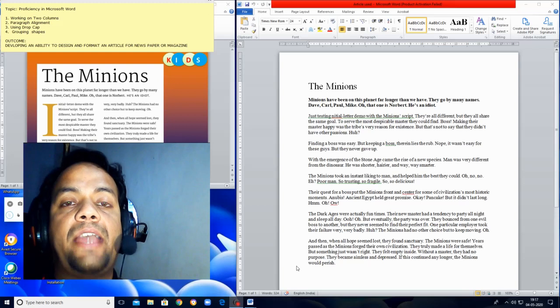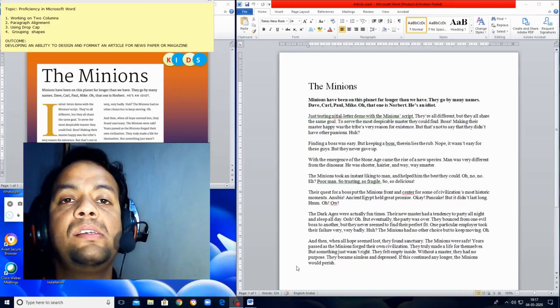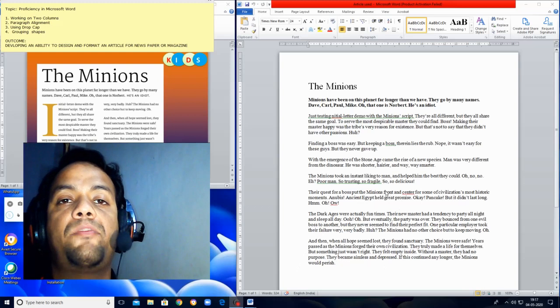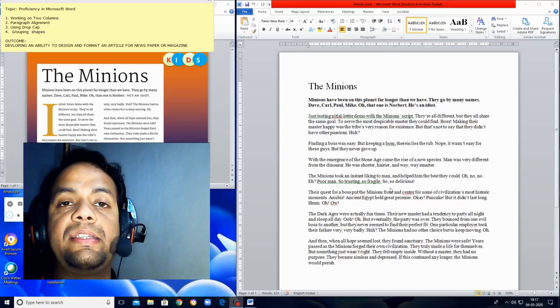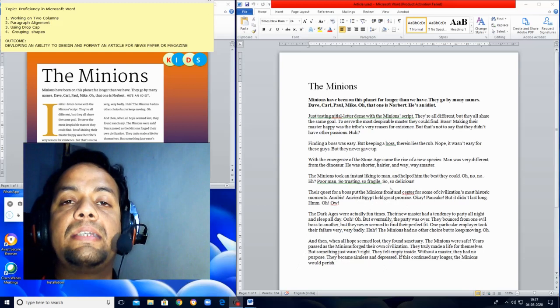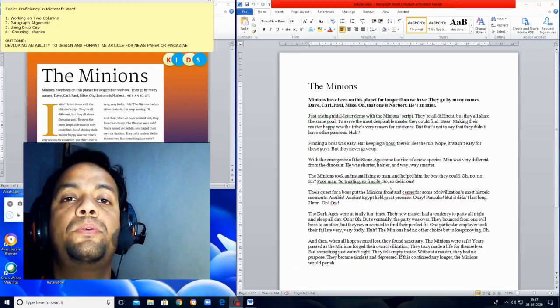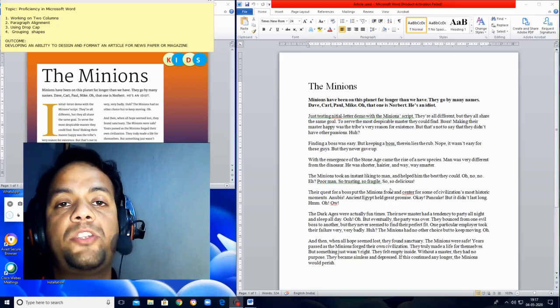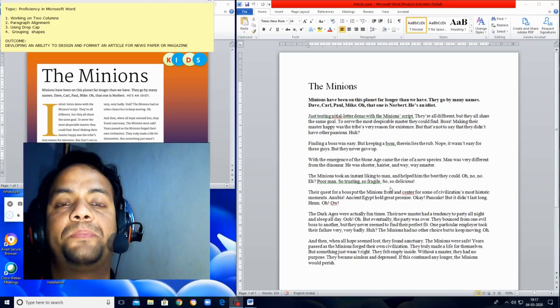For this activity, I am using a Word file which is located on the right side of my screen, and this is the text which I am going to convert into the form of an article. I am going to format this text and I am going to apply some Microsoft Word settings and tools to prepare it for publishing in the magazine or a newspaper.